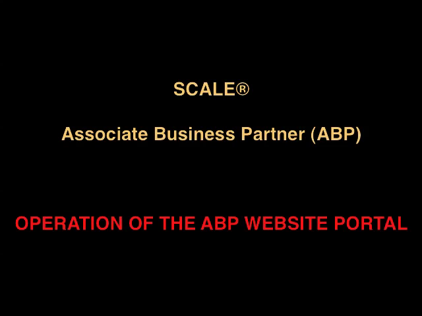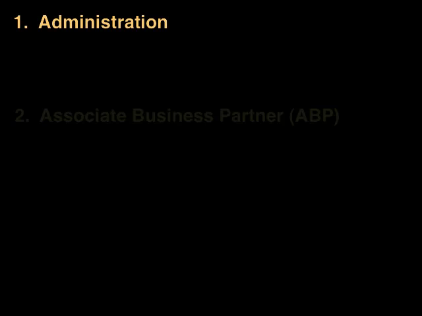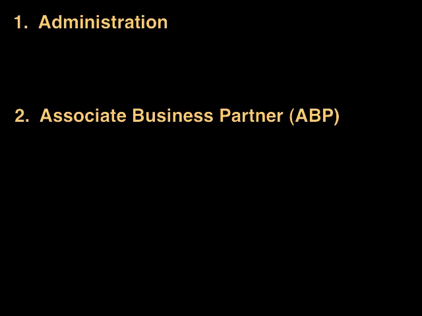This video tutorial covers the operation of the SCALE website from the Associate Business Partner (ABP) portal and perspective. There are 4 levels of SCALE access. The principals of Emotional Intelligence Learning Systems Incorporated use the top-level admin access to perform ongoing maintenance functions and manage overall SCALE operations. The second level access, which is the subject of this tutorial, is that of the Associate Business